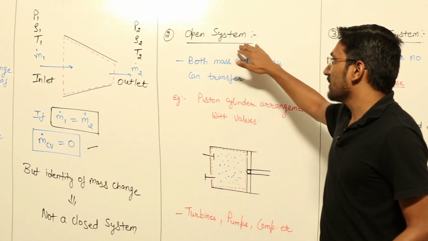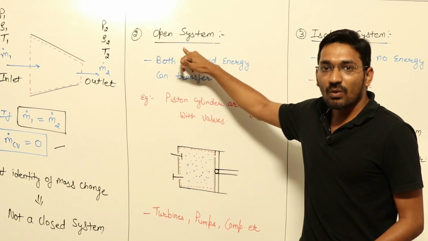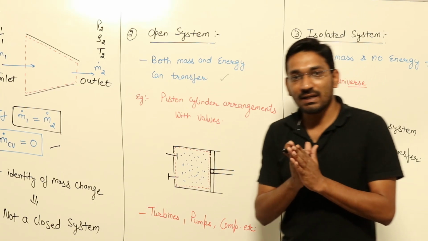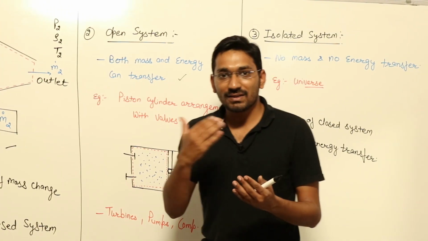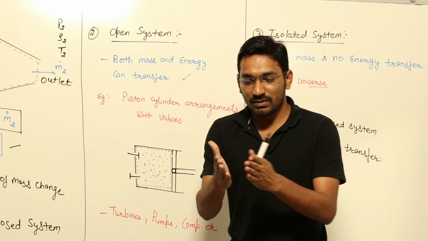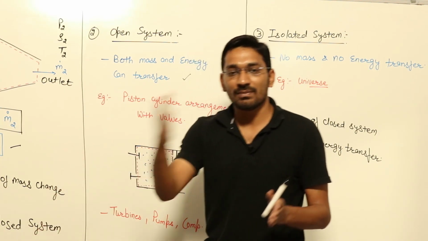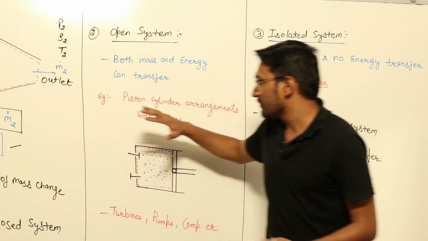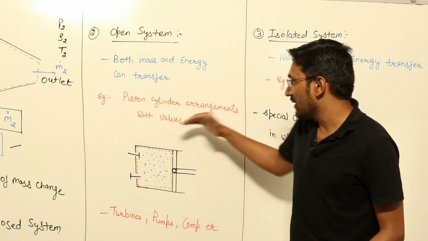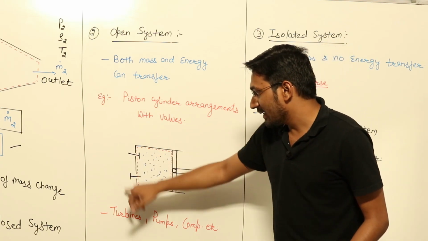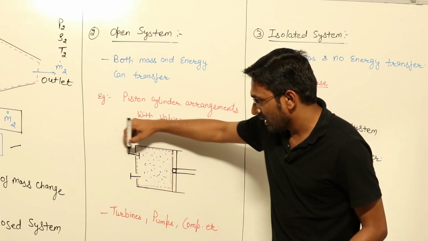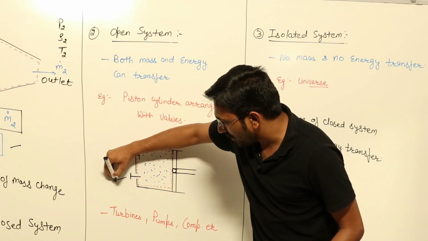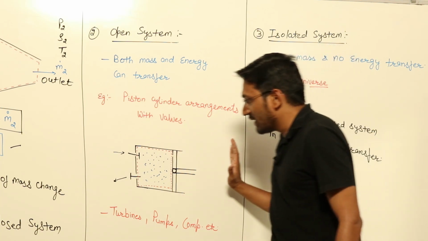The next example we are taking, the second type of system, is your open system. In an open system, both mass and energy transfer can take place. Mass can go out of the system, and also come into the system, and both energy and mass can transfer. Suppose, for example, a piston cylinder arrangement with valves, there are inlet and outlet valves. This is your inlet valve, mass is coming in this direction, and this is the outlet valve, mass is going out in this direction. When the piston is moving forward,